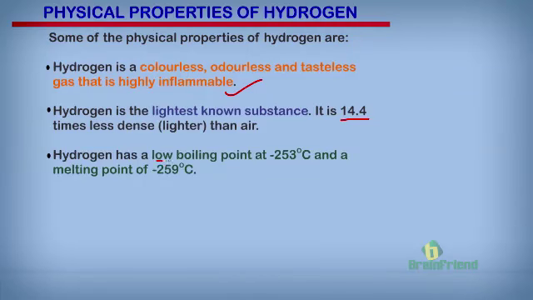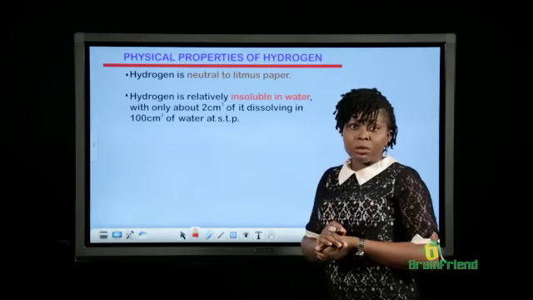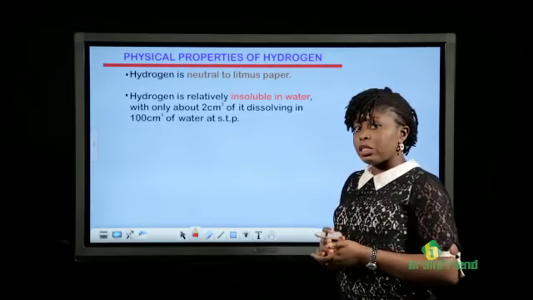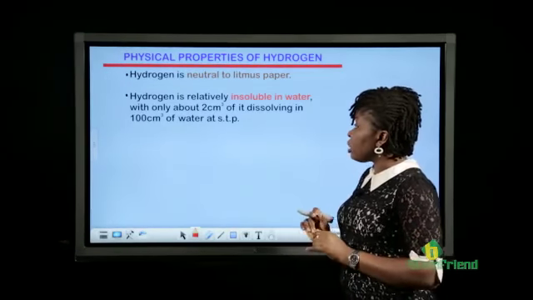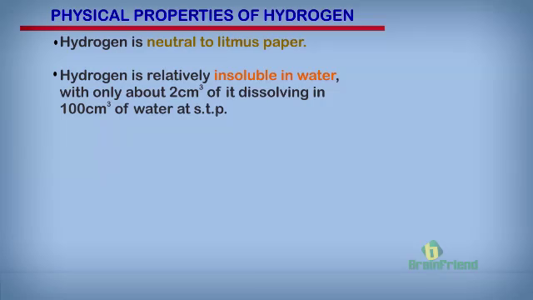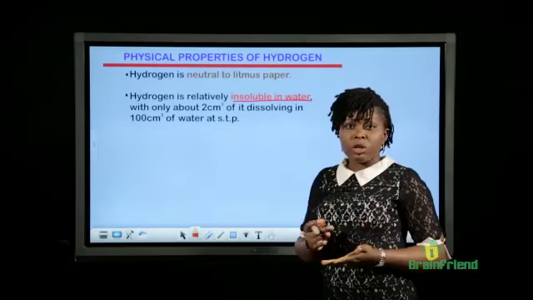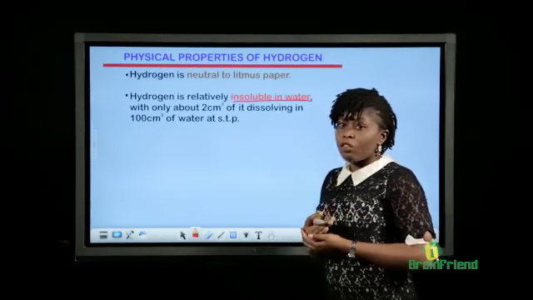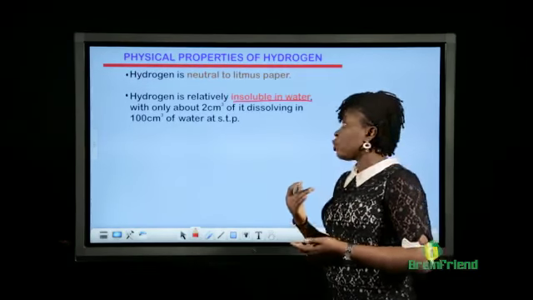Hydrogen also has a low boiling point at -253 degrees Celsius and a melting point of -259 degrees Celsius. Hydrogen is neutral to litmus, so it doesn't turn it red or blue. It is neutral to it. It is relatively insoluble in water, with only about 2 cm³ of hydrogen dissolving in 100 cm³ of water at